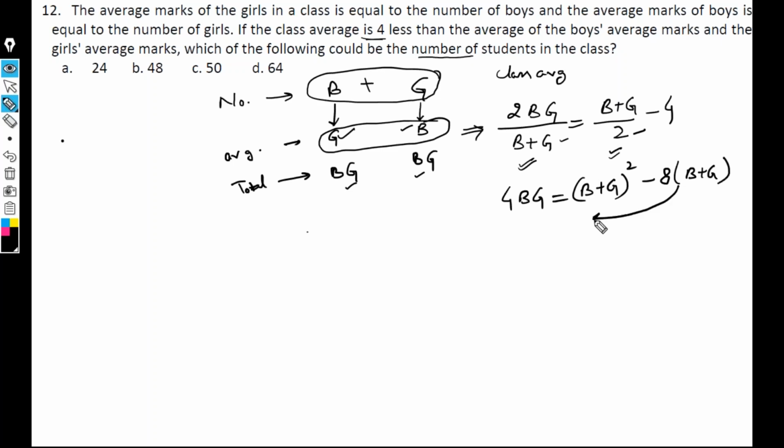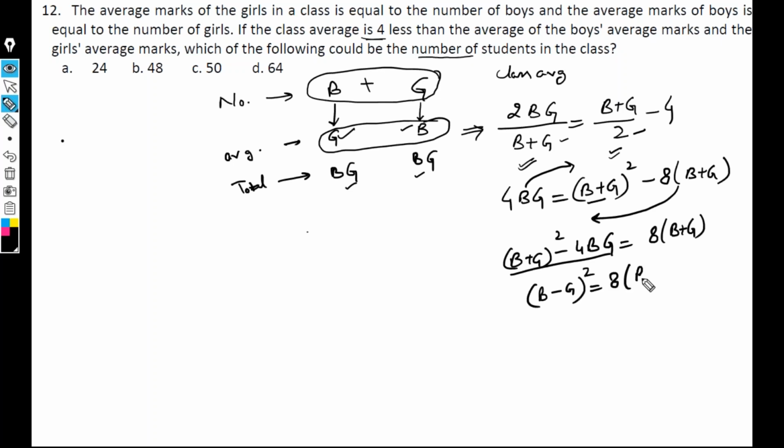Now I am bringing this on the left hand side and this on the right hand side. So (B plus G) whole square minus 4BG equals 8 times (B plus G). So this can be rewritten as (B minus G) whole square equals 8 times (B plus G),